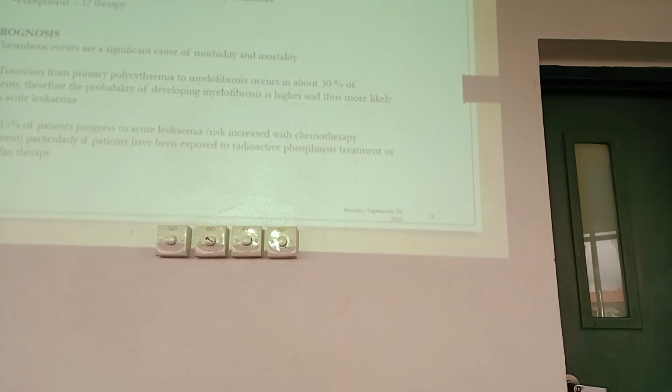And the acute leukemia can be due to the treatment or diagnosis. If you have used radioactive substance to measure the red cell mass, or you have used radioactive phosphorus to treat the patient,